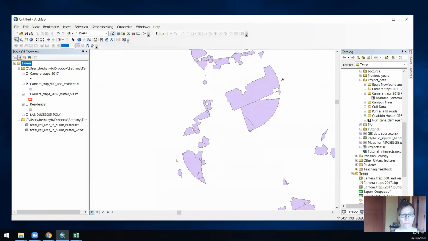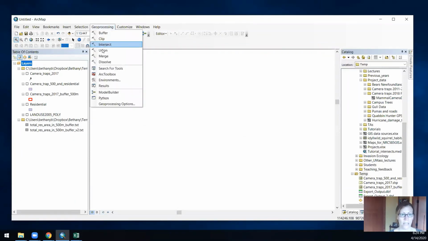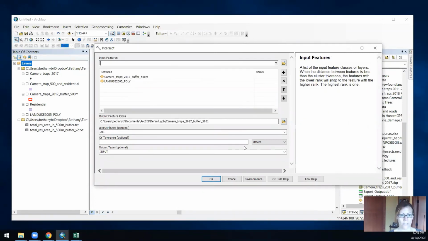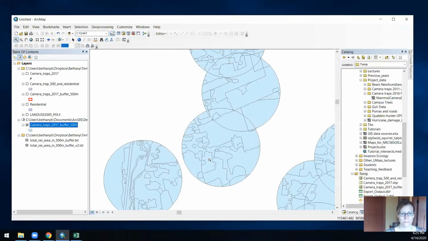I'll just show you one other thing, which is if you want to get fancy with this, you don't have to subset out just the residential land. You can instead do an intersect between your buffers and the original land use polygon. I'm just going to dump that out to a default geodatabase. Okay, so that took a little bit of time to process, but here we are with all of our camera